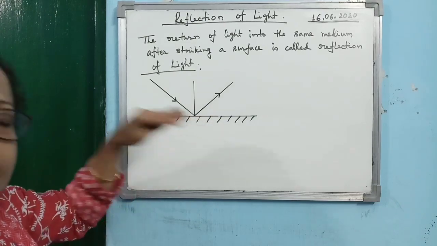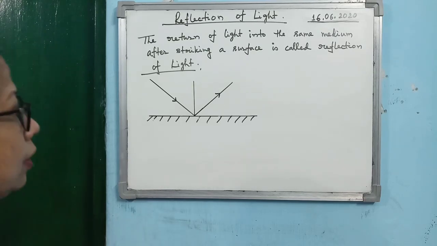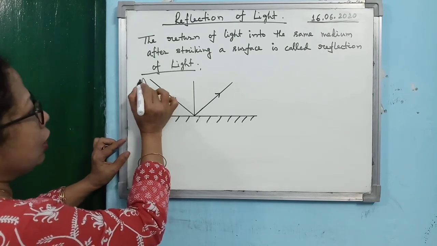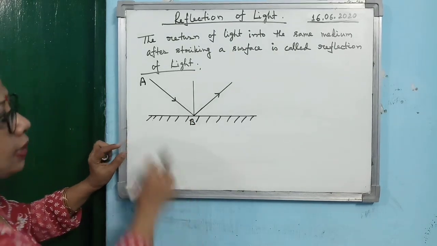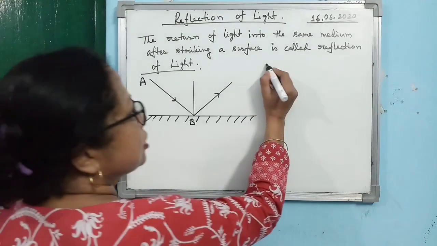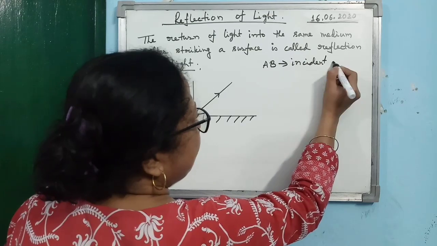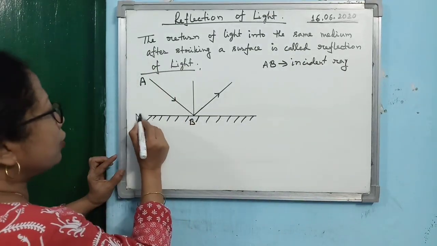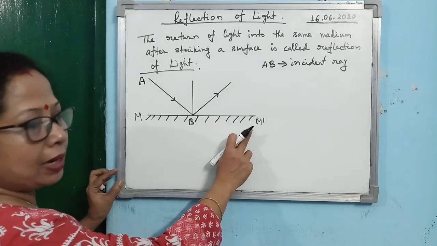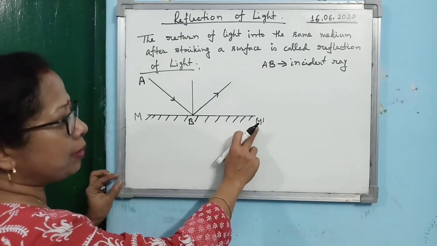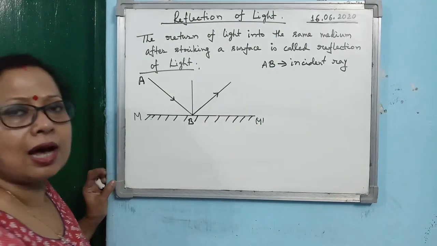So we will learn, already you have learnt it in the lower classes, so I am again just reminding you. You know that the path along which the light ray falls on the reflecting surface is known as the incident ray. So in this diagram, AB is the incident ray. Is that clear? And here we have taken the reflector as a mirror. So MM dash is the mirror, and what is the symbol for mirror? You have to give the shaded sign. Alright, that represents that it is a mirror.